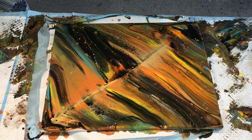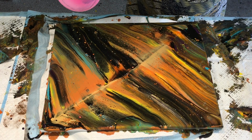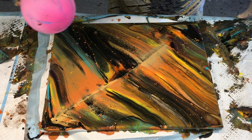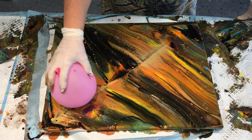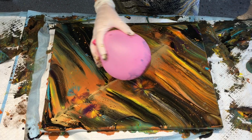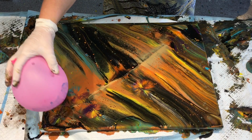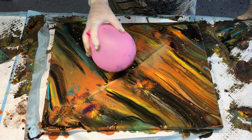Big balloon out. Get me big balloon. Get the big pink girl out. See what she can do. If nothing, then nothing ventured, nothing gained. Oh, yeah. Lovely. Press it in there, and I'll press it in there. So I press over here, and then press in the...